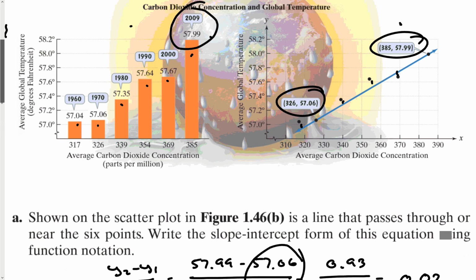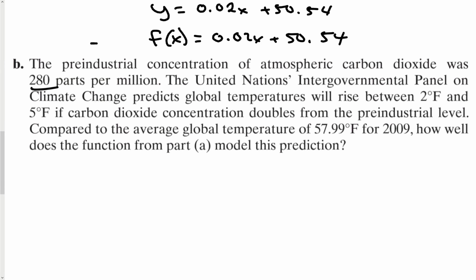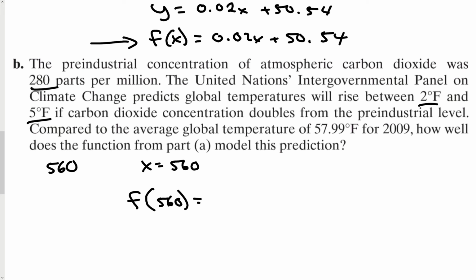Basically, this question is saying, if we double this, does this function come close enough, in between 2 and 5 degrees Fahrenheit, if we double our 280 parts per million? So let's do that and plug it into the function. First, doubling 280 gives me 560. So x is equal to 560, and we plug it into my function: f of 560 would be 0.02 times 560 plus 50.54. Plug that into a calculator, and we get 61.74